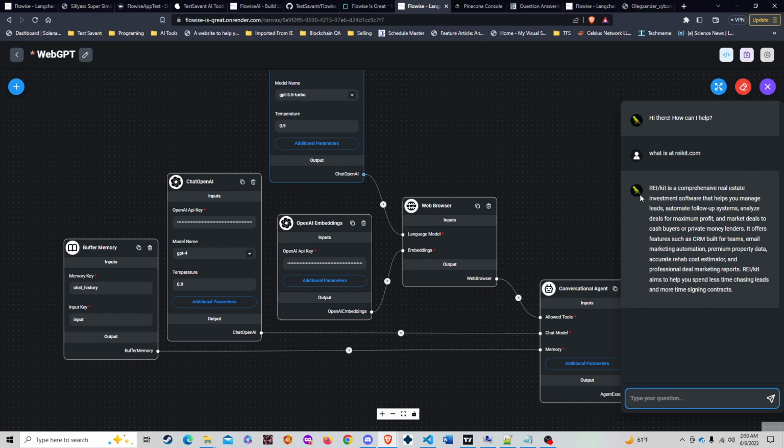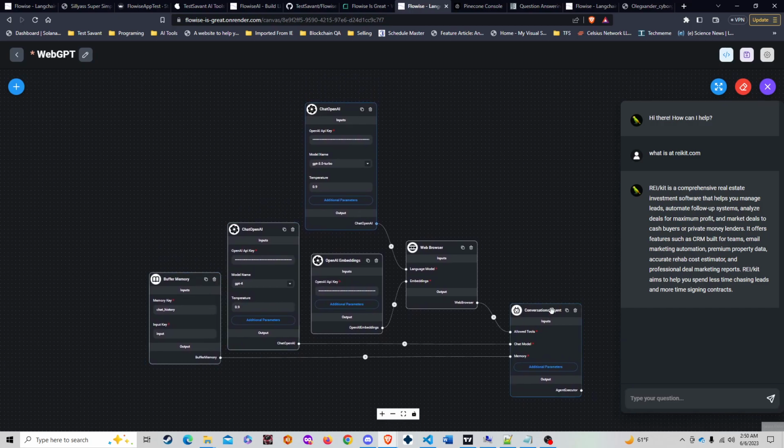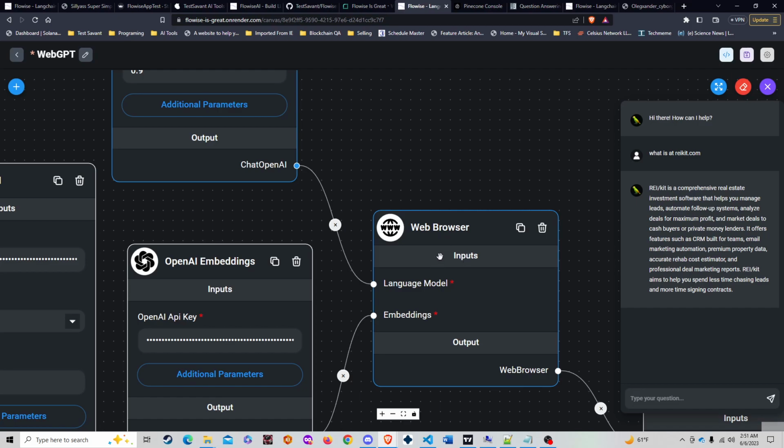Beautiful, right? Look at this. So what's happening here? Well, this model that is set up here, this flow, is actually a fully functional chatbot. It's calling out to raykit.com using the web browser. It's creating embeddings. When it says web browser, what does that mean? That means that behind the scenes, there's a Langchain agent going out and parsing the website, grabbing all that information,